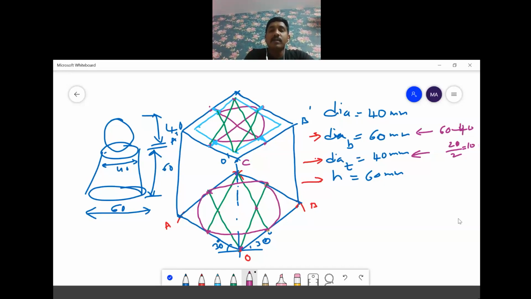Okay, I will use another pen to be better. So I am taking this as a center, this as a radius. I am drawing an arc here. I am taking this as a center, this as a radius. I am drawing an arc here. I am taking this as a center, this as a radius, and this as a center, this as a radius. I will form a circle using the four center method. Then I am joining these two circles.